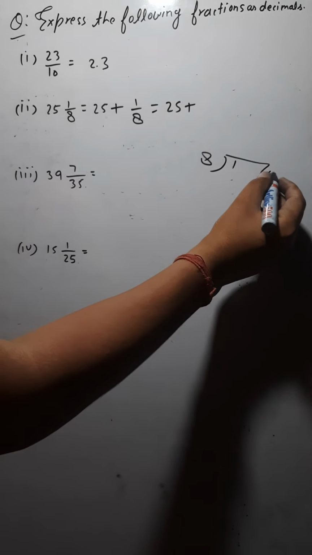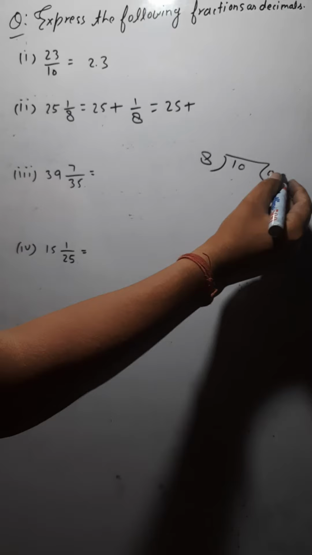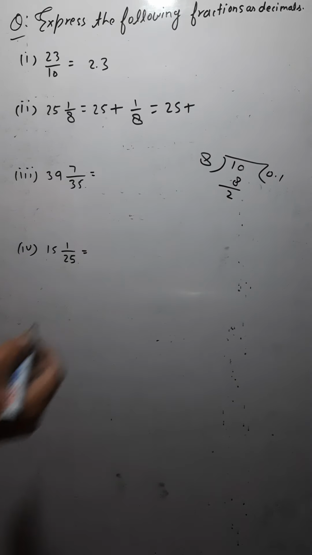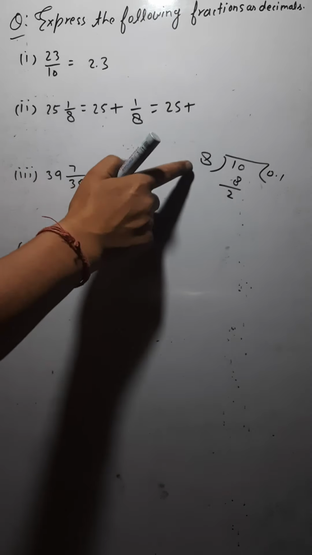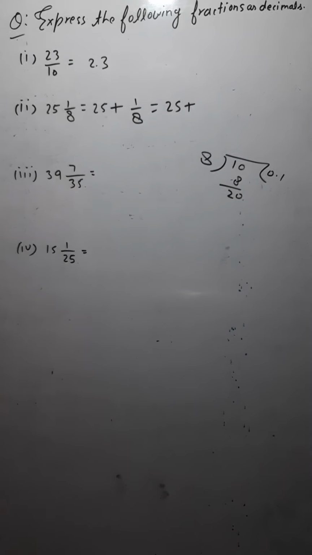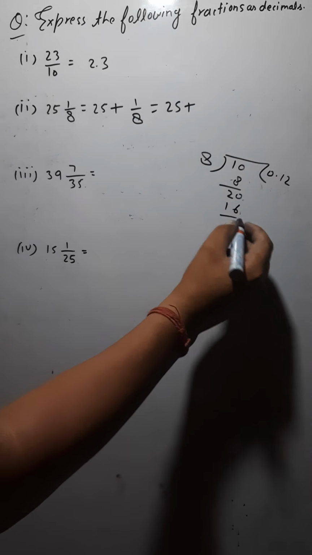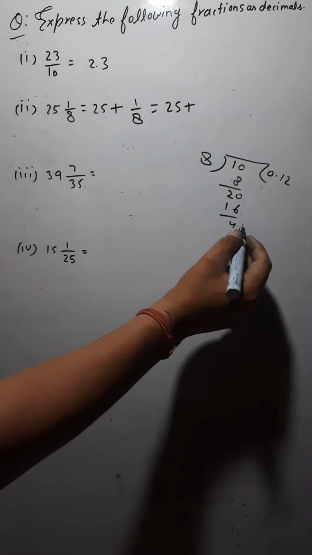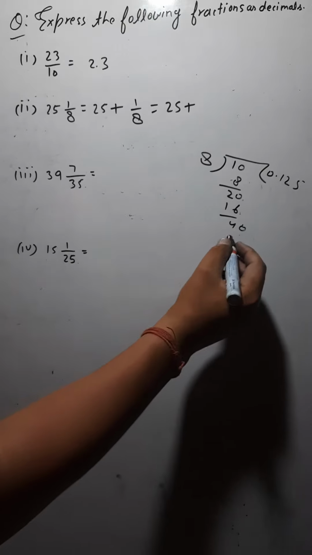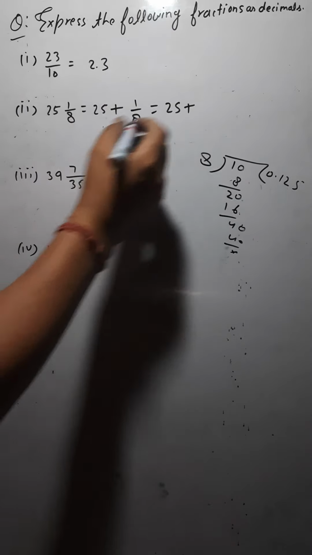So at first you would put a decimal there. Here 0. Now how many times would it go? 8 ones are 8. 2 is left. Again it is not divisible. So again shall I put one decimal more here? No, only once you can put the decimal there. Okay. So only I will put a 0 here. Now how many times will it go? 8 twos are 16. 4 is left. So again one more 0 here. So now 8 fives are 40. So answer is 0.125. So this 1 by 8 can be written as